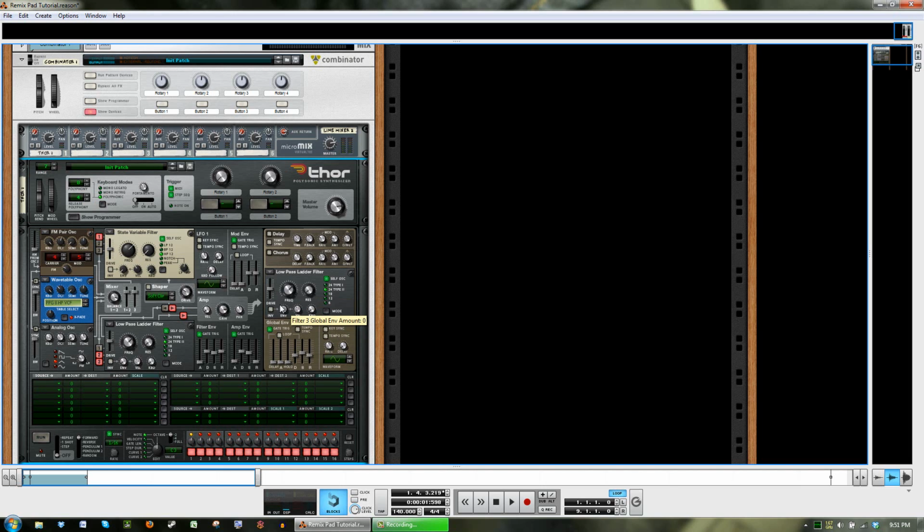Now is a good time to bring up the amp envelope. Since it's a pad, we're going to have a slow attack. Set that to around a second, or maybe a little bit more, holding shift if you want more accuracy again. We're going to set the sustain to full so it doesn't lose volume over time, and then the release up